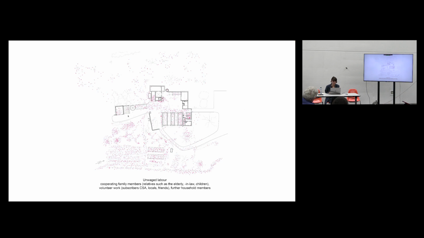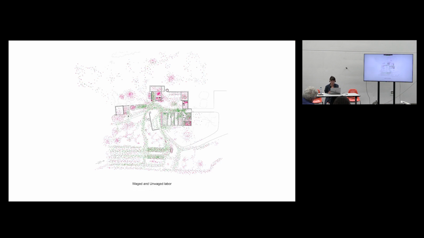And in this sketch, we have people working there who are, as said before, relatives such as the elderly, we have children, we have volunteer work, to which I, for example, belong, as they have a CSA, which is a community-supported agriculture system. So you subscribe for a year and you don't pay per product, but I think it's a bit too much to go into now. So we just see that there is a lot of different work there. And what I also want to stress is that in the moment that I visited, over 15 different people were participating in this work. So it's quite a big part of work that is actually taking place there.